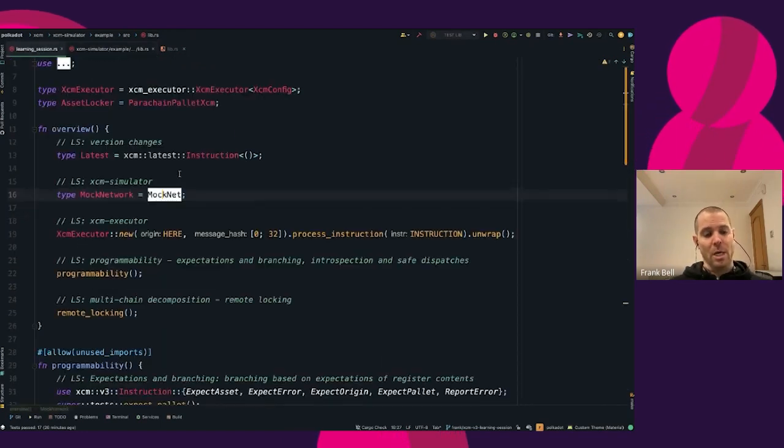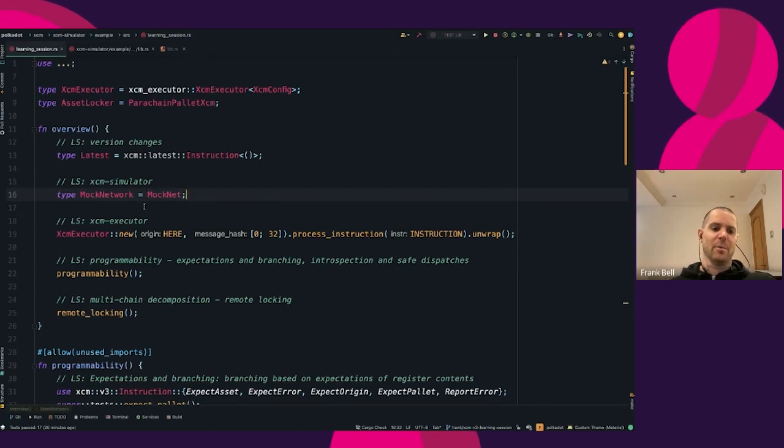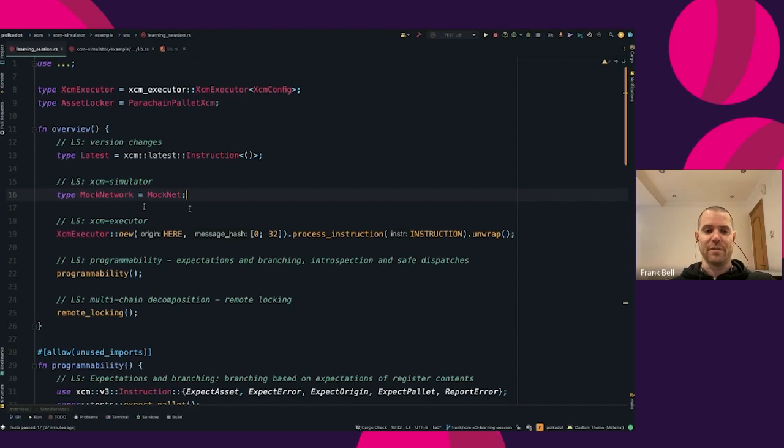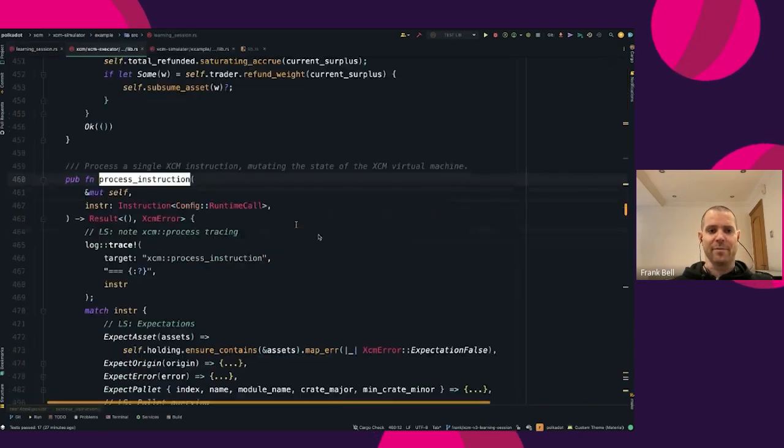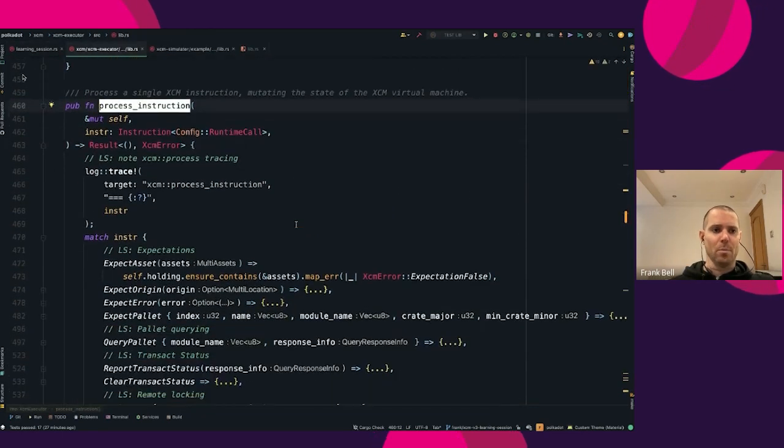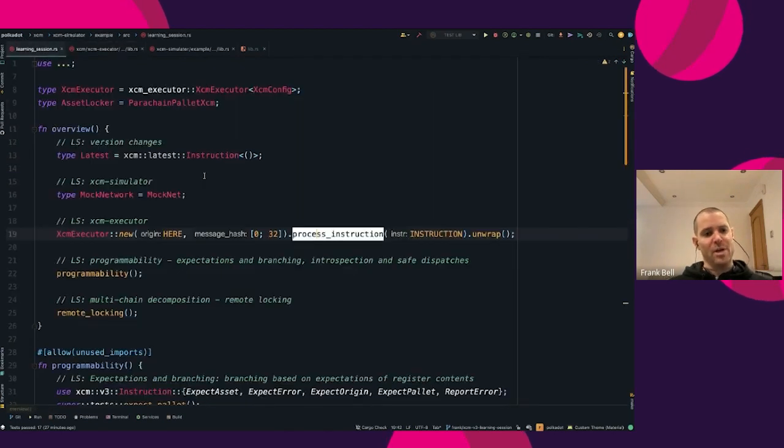So if we just go back, the next item is essentially the XCM executor. Obviously, the most important thing because it processes the various instructions. This is just a pointer, so I can quickly and easily get to where the particular instructions are processed. So I'm just going to bring that up for later. And then go back. Another thing to mention on the XCM simulator, in this examples pallet that they provide, is that